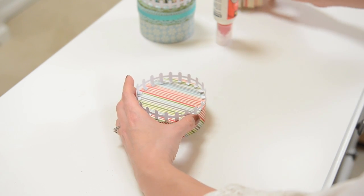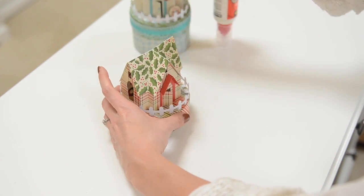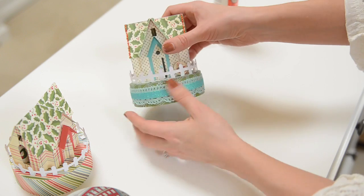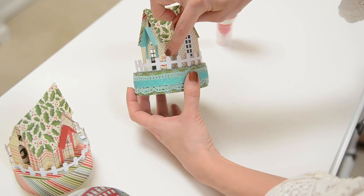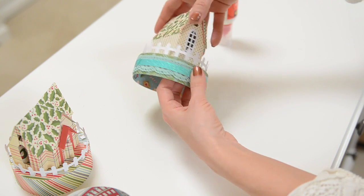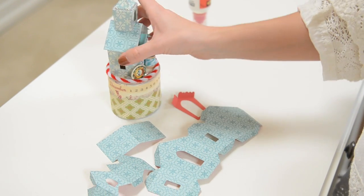Then you can go ahead and glue your cute little house down and add all kinds of fun little embellishments and strings of sparkly stuff. And I used my hot glue gun to put a little button here, as well as some pretty lace all the way around. So next, for our cute little church box here, the bottom of it is an oval,